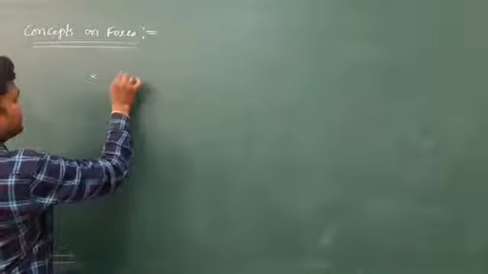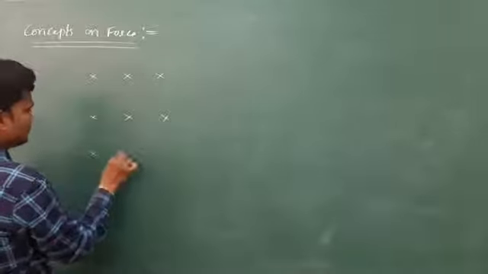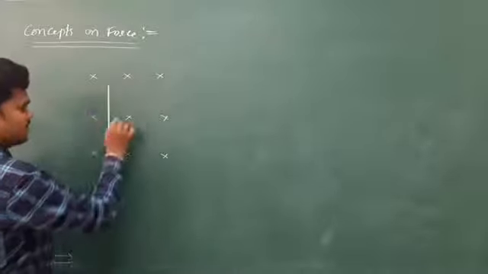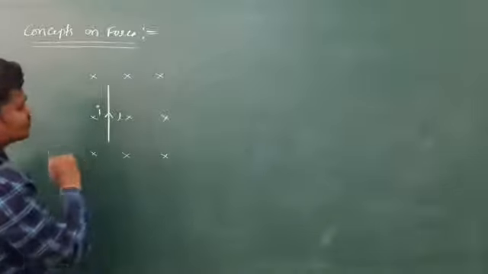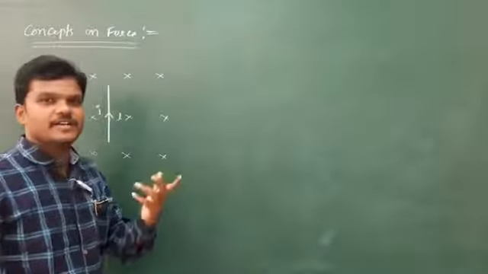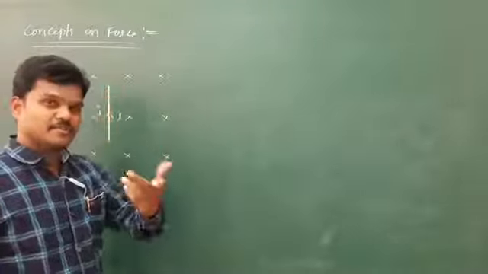So you know already, let us suppose this is the magnetic field which is into the board. Here there is a conductor whose length is L, and it carries some current I. No doubt this conductor experiences a force. Some force is acting on the conductor. You know the direction of this force. Generally, the direction of the force can be determined by using Fleming's left hand rule, according to our previous method.